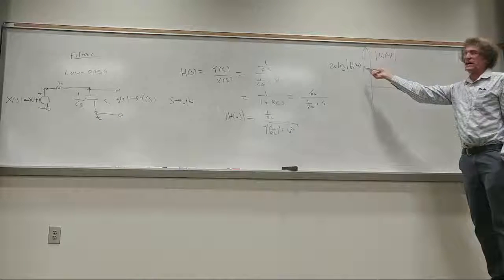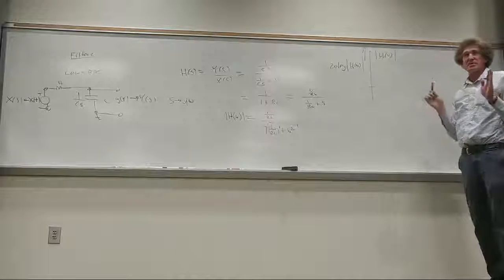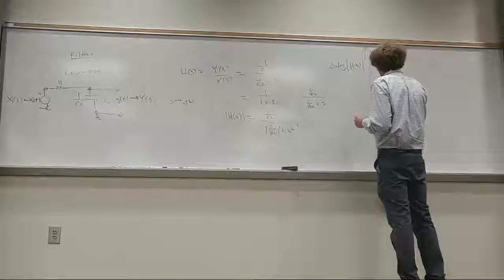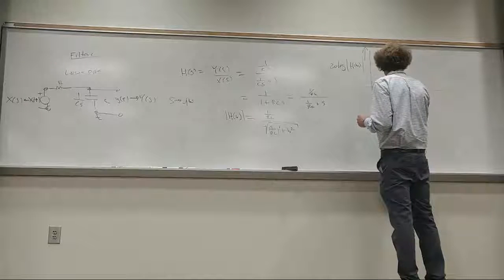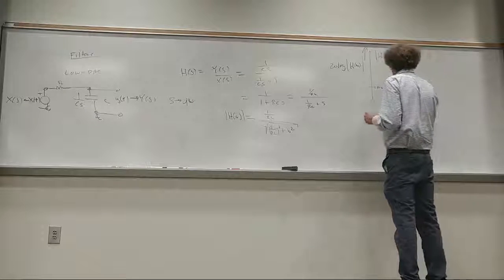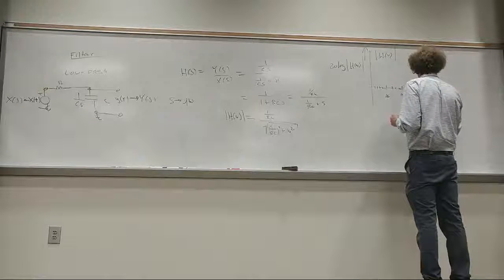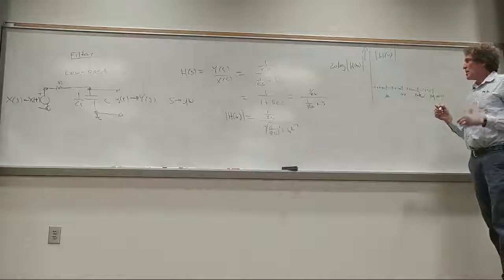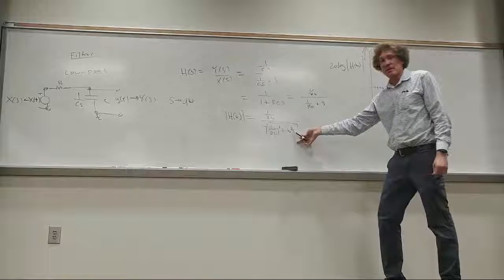That way, this will be in decimals, you might say. Follow me? It's usually a ratio of H of omega over something, but just H of omega is fine. On this axis, it's usually a logarithmic axis, so this might be 10, this 100, this 1,000, and this 10,000, and so forth in frequency. Are you with me? Now, when they take a look at this and plot this, for small values of omega,